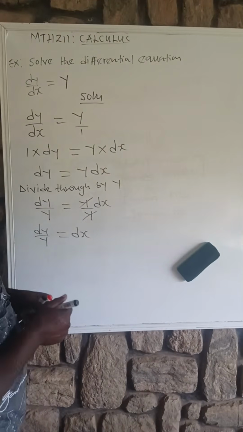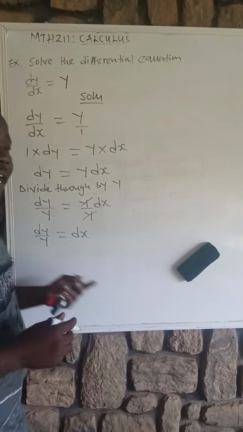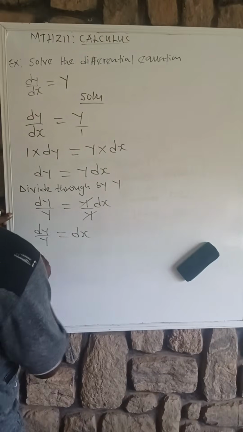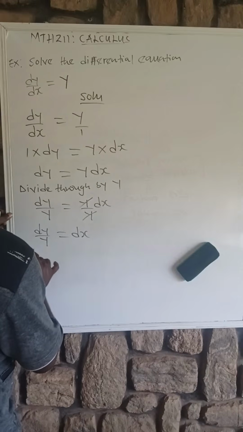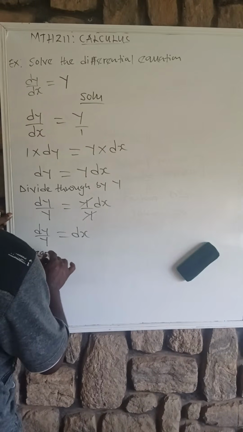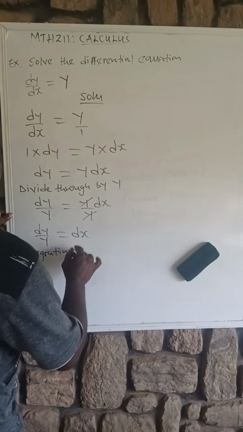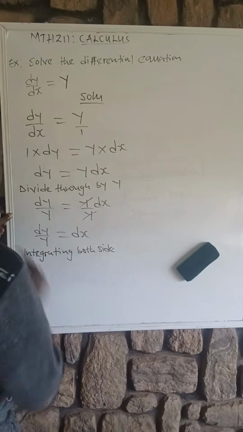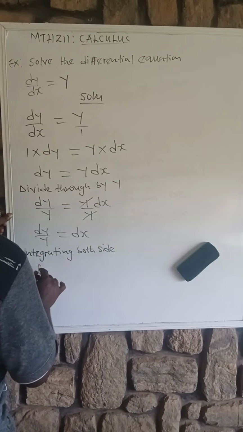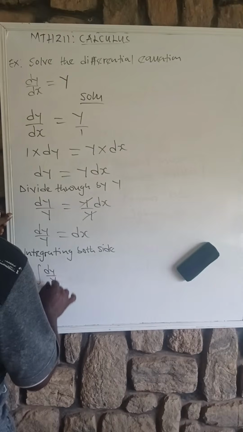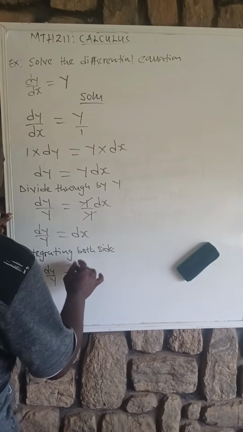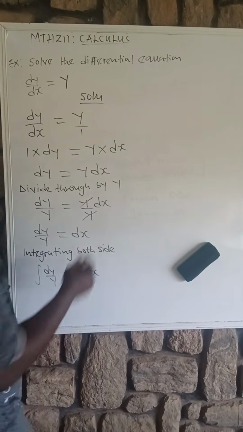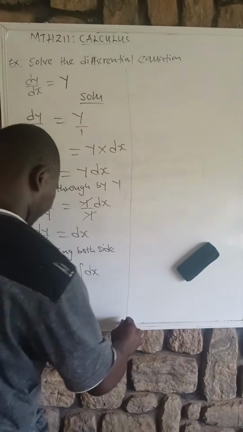So at this point, what are we going to do? We are able to separate the variables, do you see? So what we need to do, we write integrating both sides, right? So now the integral of dy all over y equals the integral of dx. So if you agree with me,